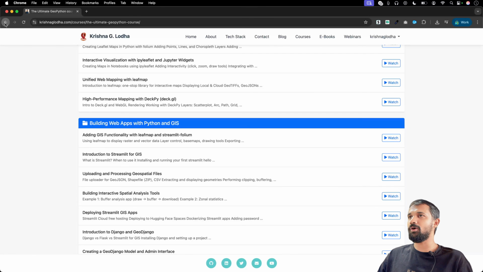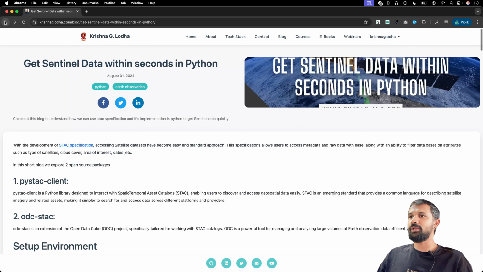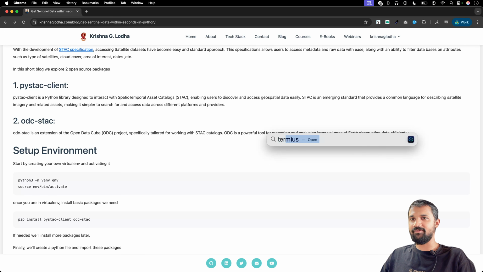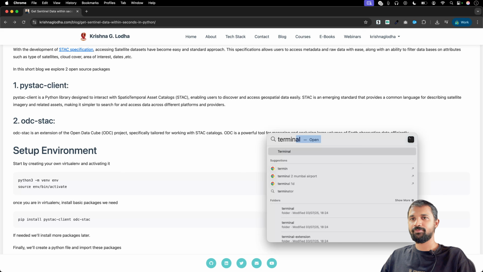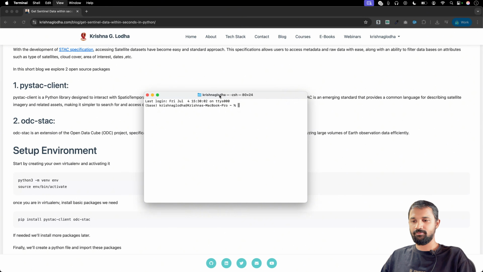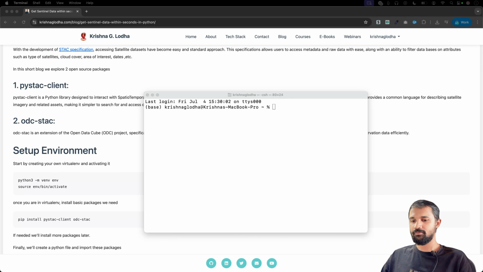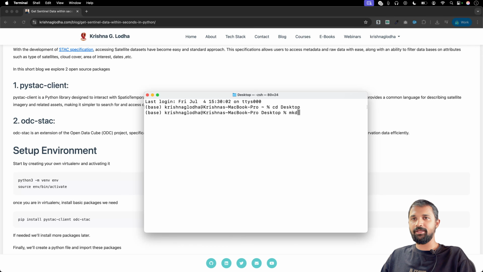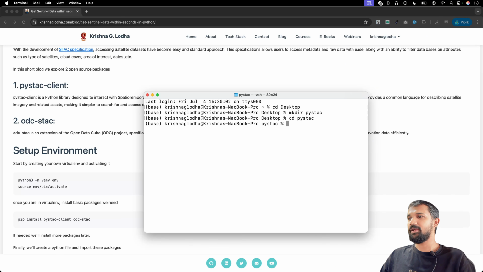Now coming back to the blog, we are going to go ahead with PyStac client and ODC STAC as two of the main libraries. So first thing first, I will open my terminal. And now I am going to create a new folder on my desktop. So I will just simply go to desktop and create mkdir pystac, cd pystac, and now I am going to